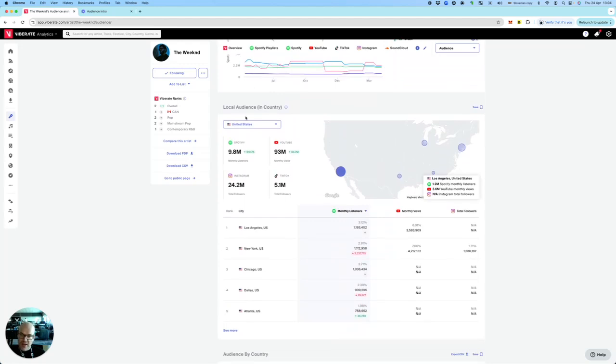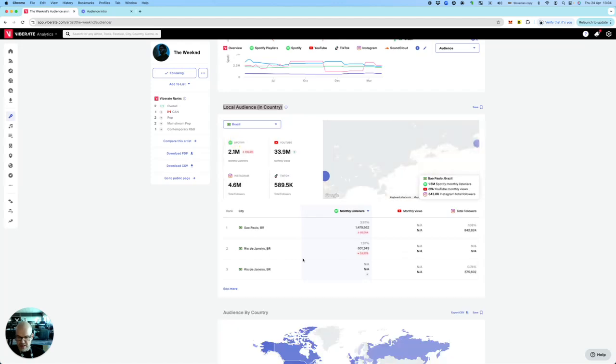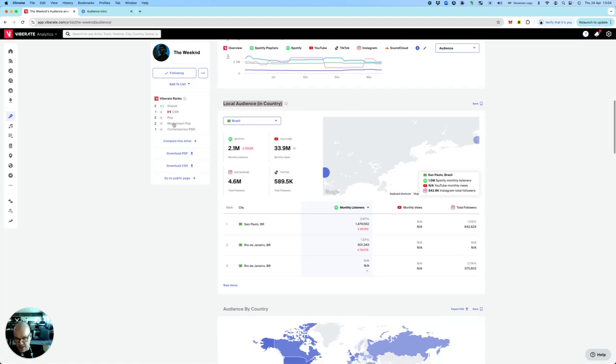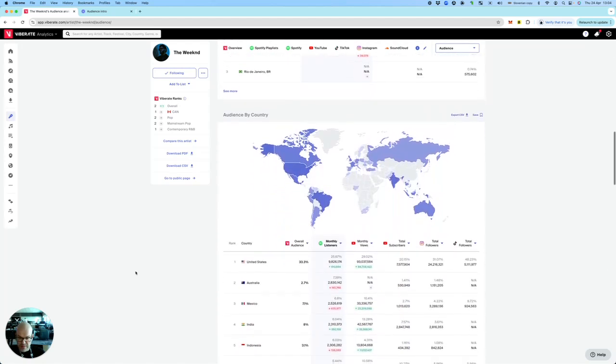Going down, you then have a different view. You can select the country from a drop down. If we don't have any kind of data for a country, it will be gray, but you just select the country, and then we will do a breakdown city by city for that selected country. And again, you have monthly listeners, monthly views, and total followers, and then cumulative numbers for that country. Going down, this is where